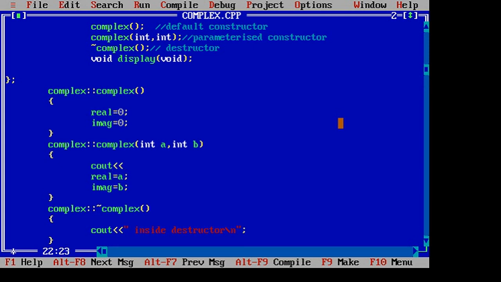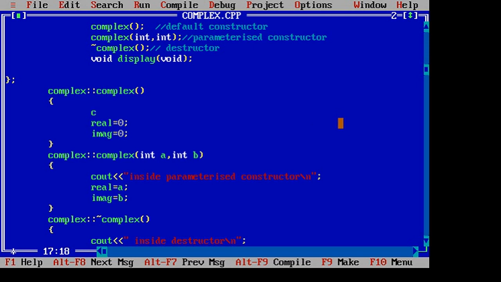Now in this class I would like to add one destructor. So how to add? Simply I have to write a tilde symbol and the class name, complex. So a destructor is a special member function having the same name as the class name. We can have exactly one destructor in a class. We cannot have multiple destructors, but we can have multiple constructors because constructors can be overloaded. So I will write one destructor function. It has no return type; the class name is complex, scope resolution, and the function name is the destructor, complex. Inside this I will show some message, right?